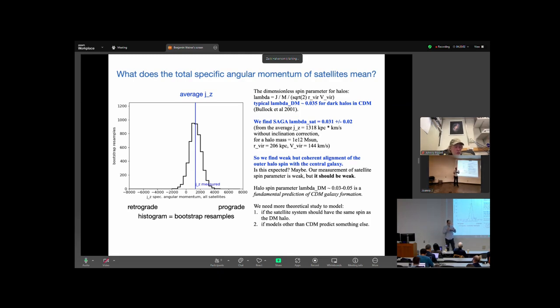I think what would be fascinating is if you were to divide the sample. I've tried dividing it into hosts that are more elongated, so they're more edge-on. And it turns out that you get roughly the same measurement, because you get a slightly stronger signal, but you have fewer galaxies in your sample. So statistically, it winds up being roughly the same. But what would be really amazing is if you could do this for a lot of systems, take the face-on and edge-on separately, and model the distribution function of satellite velocities. That would really tell you an enormous amount about the satellite system kinematics. But with this sample, there's just not enough.